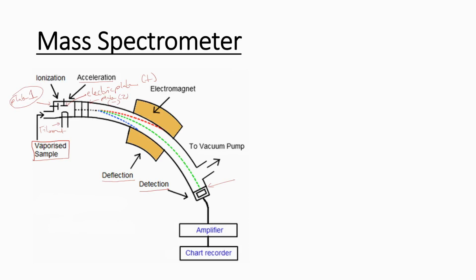This is detected and recorded by the computer, and you can print it out in a chart recorder here, or it can also display it on a screen in a graphical format. The amplifier here basically amplifies the signal on the detector in order that the signal is strong enough to be